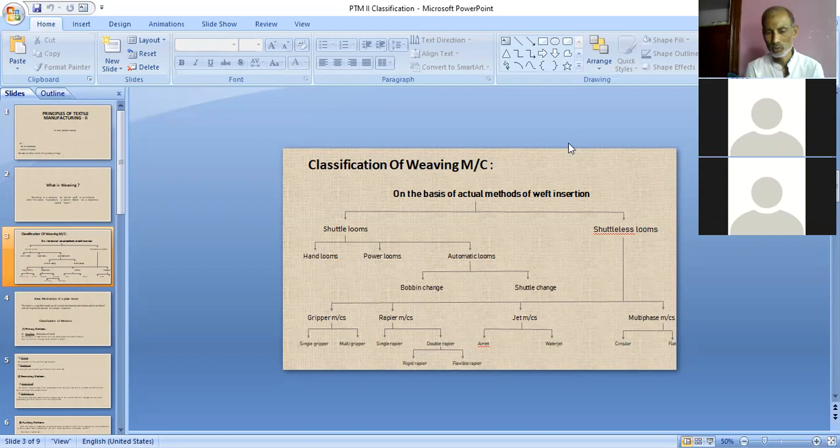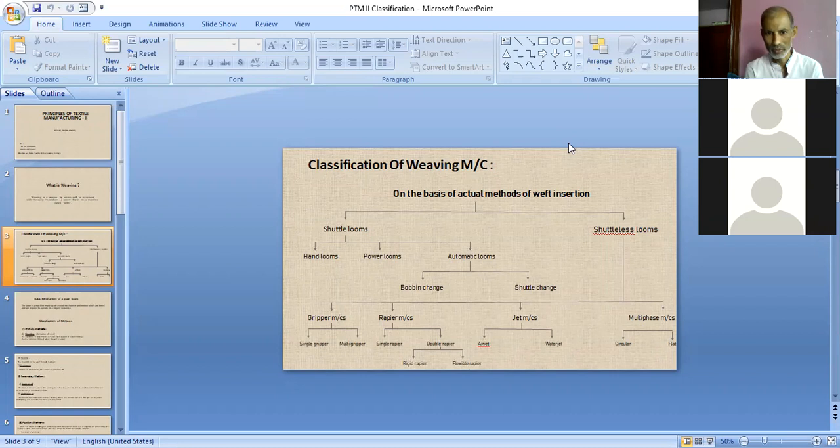It was used previously, but nowadays also, for certain fabrics in which we want to produce elaborate designs, hand looms are still used, and they have their specific space in the industry. For some particular qualities or fabrics, hand looms are preferred. However, production is very low, but still due to the quality concept, we use hand looms for certain fabrics. Second is power looms, in which